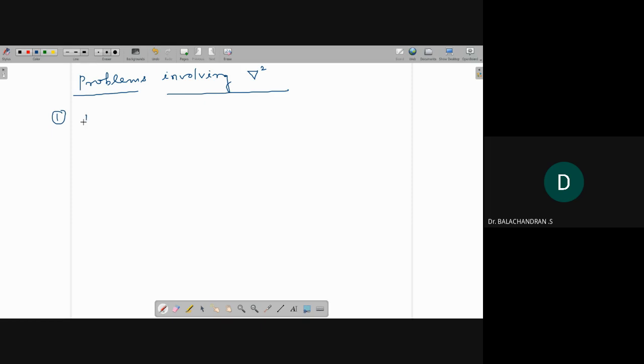If f of z is an analytic function of z, prove that